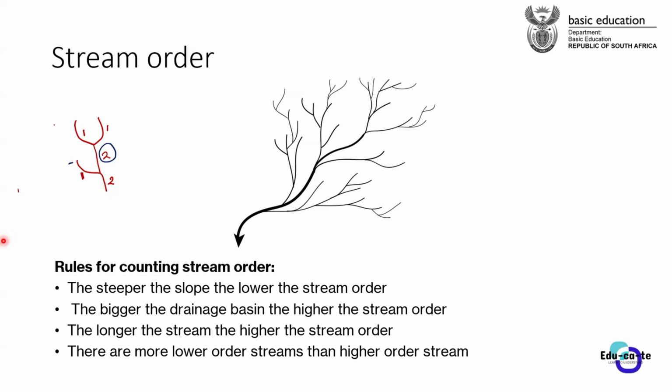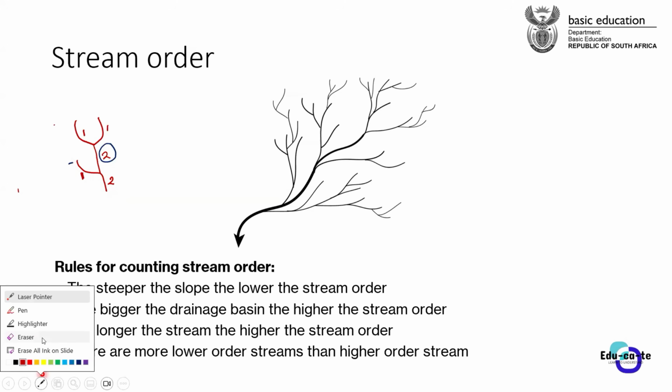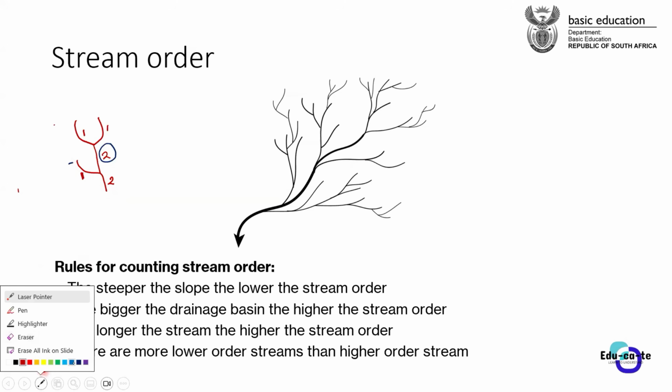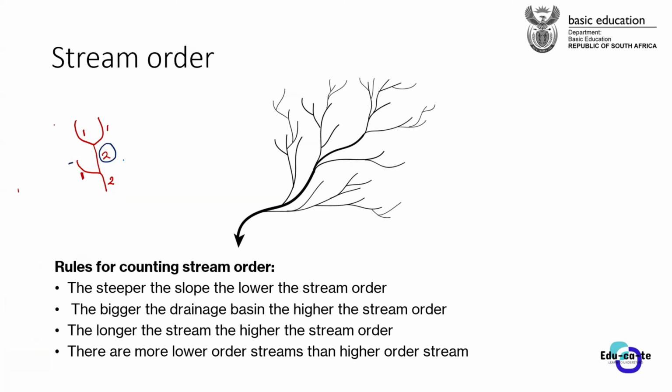Yes, Sam? So let's say I have another single stream after this one. It's still going to remain as 2. Even if I have another first order stream that follows this one, let me just draw it. So let's say I have another first order stream that joins into this one. This is a first order stream joining into this stream that is already order number 2. So we've got order number 2 joining with order number 1. It will remain order number 2.